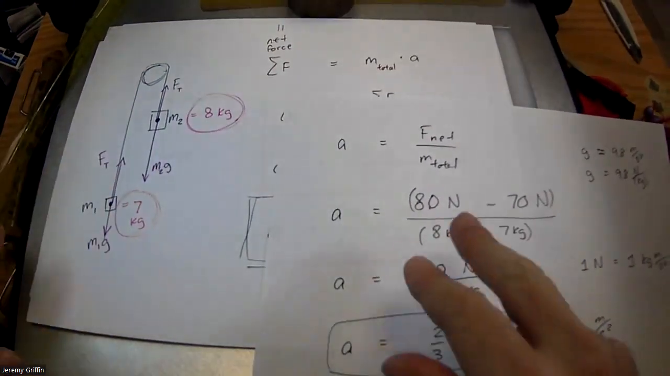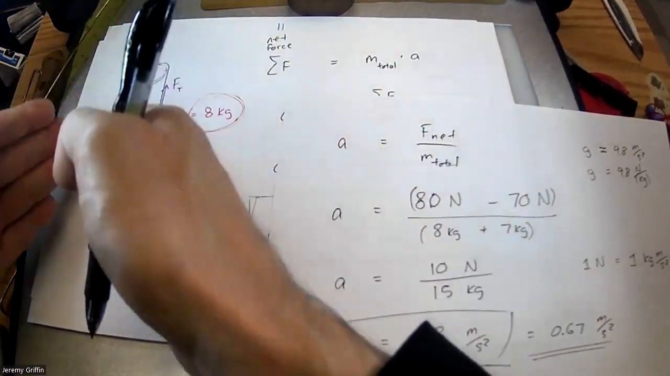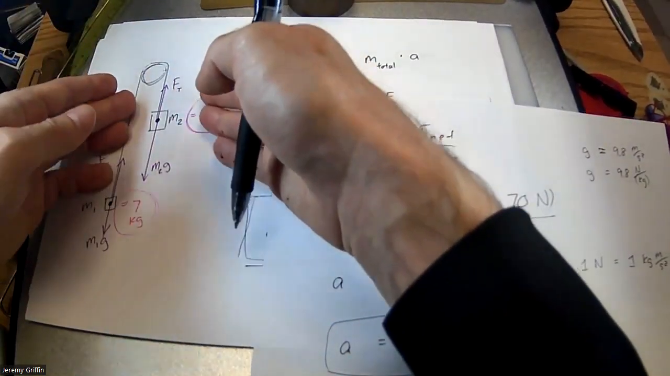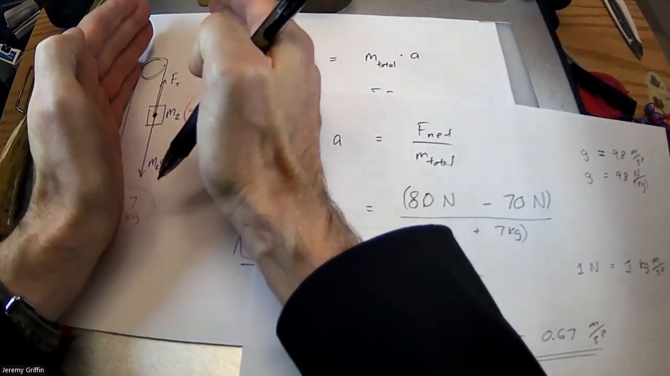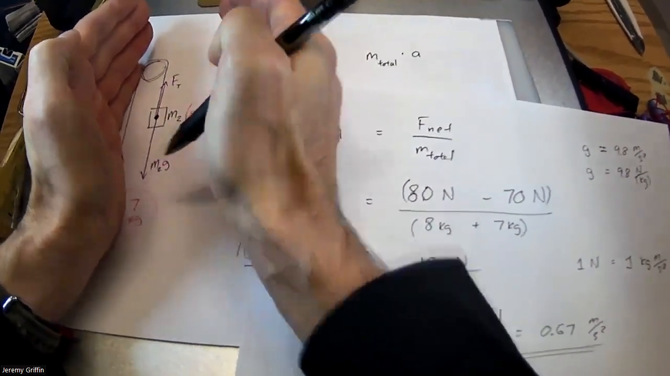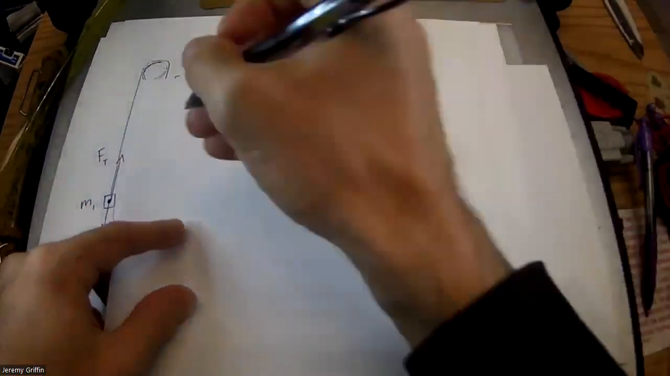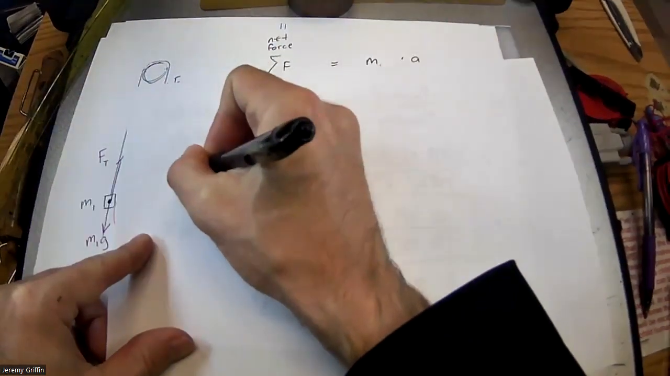I bet we can focus on either mass. We can do M1 or M2. Maybe I'll just pick M2. Why not? I'm going to pick M2, and I'll do it from that point of view. So I'm just going to focus on this one, and then solve the tension doing that. Okay, so here we go. I'm just focused on M2,